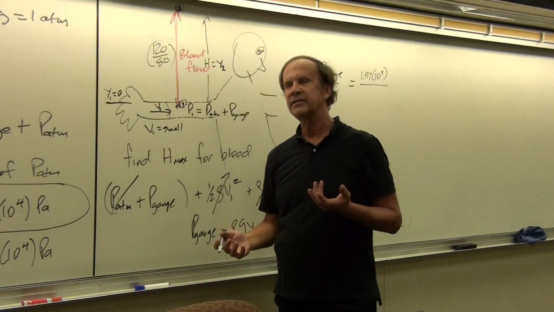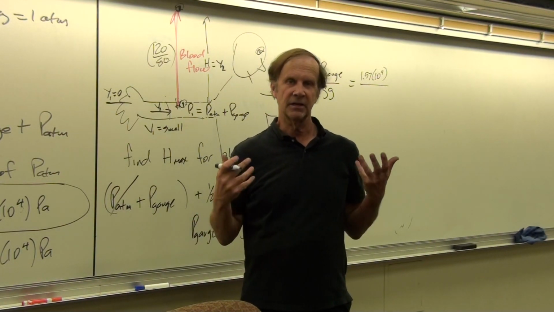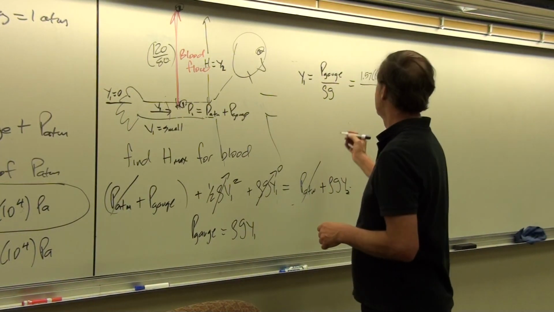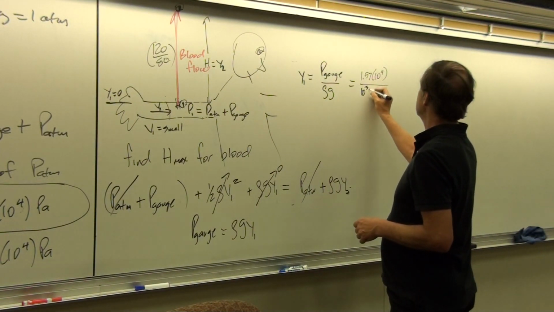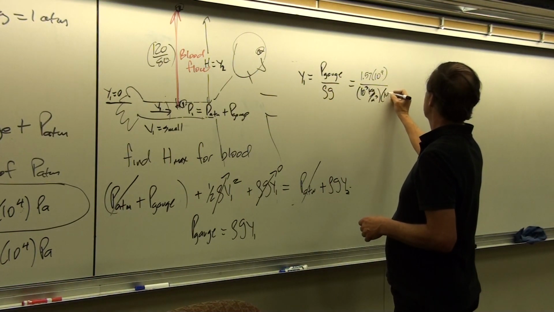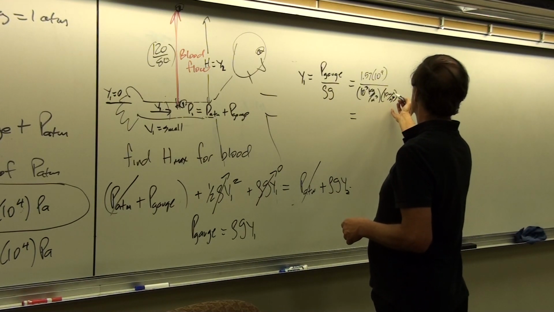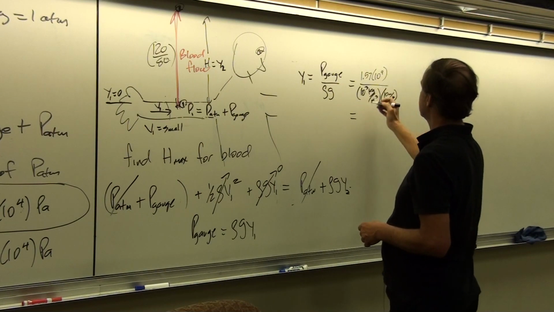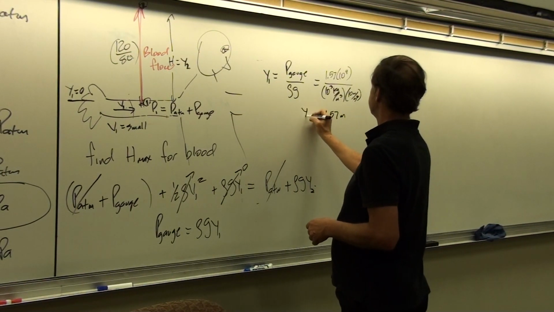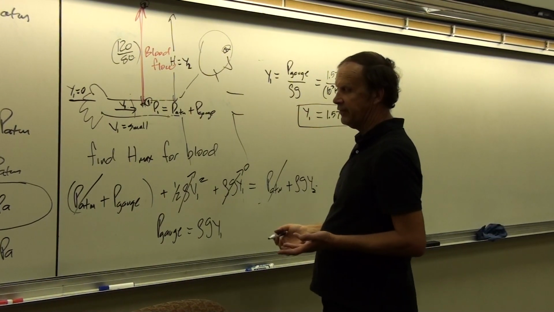Then we'll use the fact that the density of blood is probably about the same as the density of water. I say that the density of blood is about the same as seawater, which is interesting because evolution theories indicate we came from the sea. But that's about 10 to the 3 kilograms per meter cubed times g, 10 meters per second squared. So that gives us 10 to the 4. That cancels out the 10 to the 4 in the numerator, gives us 1.57 meters. Okay, so 1.5 meters, that's like 5 feet.